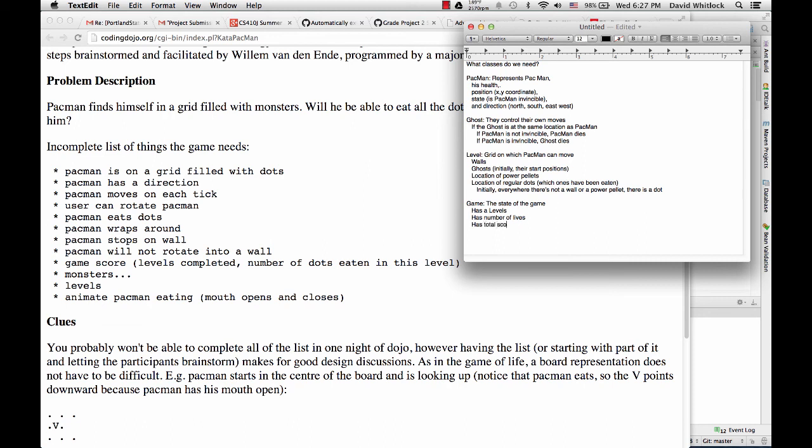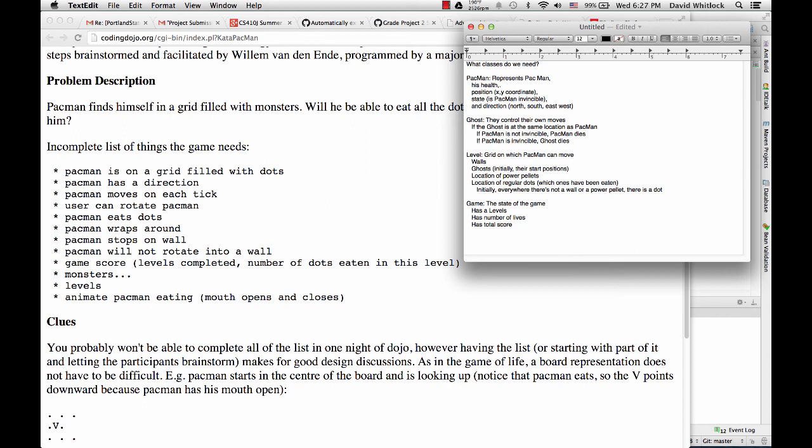Yeah, total score. We also said Pac-Man has health, so do you want to keep track of it with Pac-Man, or is that the same thing as state? There's health we identified, and there's state. I was saying his number of lives. That's his health, basically, because he's not partial health or anything. He's either alive or dead. So is that the same thing as number of lives? Does the game just query Pac-Man and ask him what he has, or does the level keep track of it? Pac-Man is really all about a particular level.